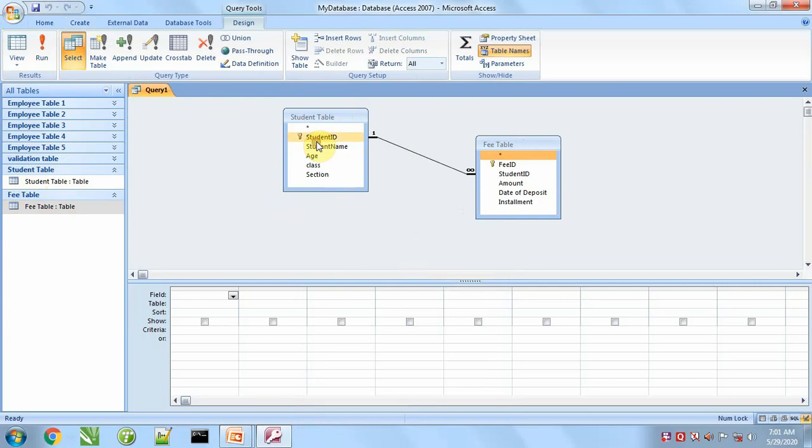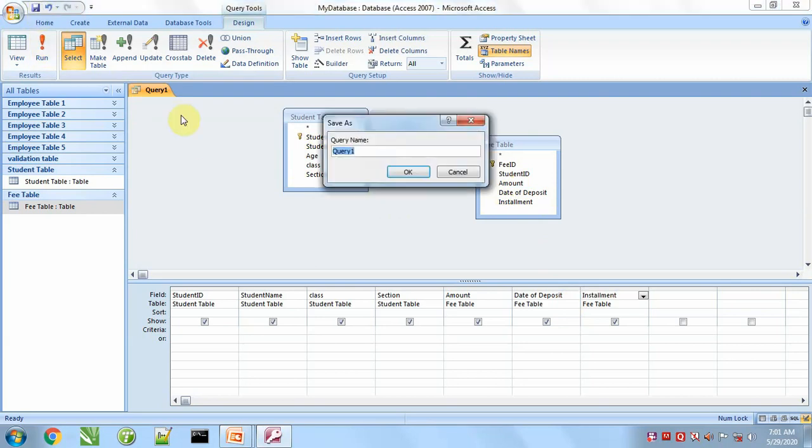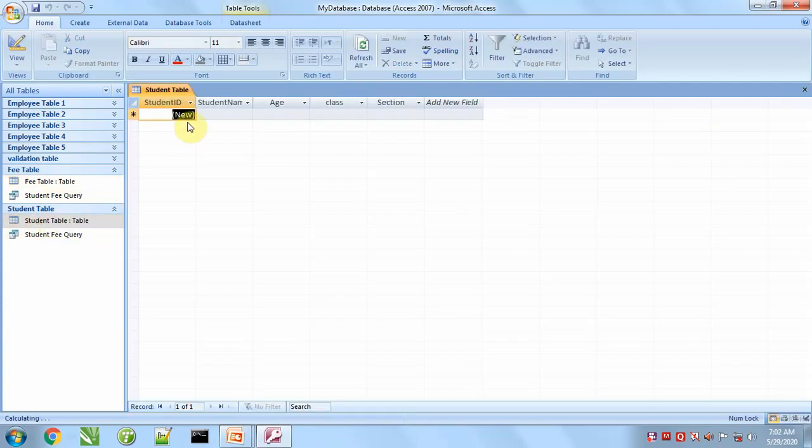To make a query, I will take student ID, student name, class, section, and from here I will take amount, date of deposit and installment, and will save this query as student fees query. Close this table.